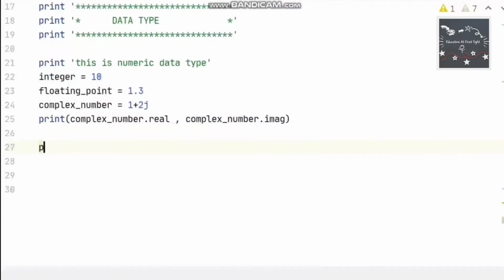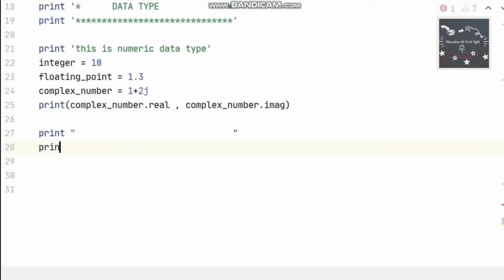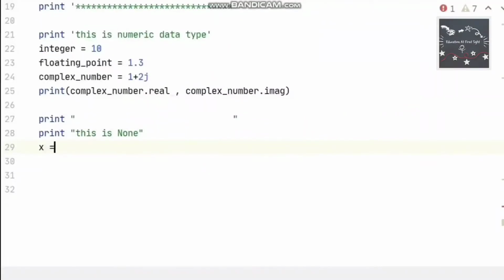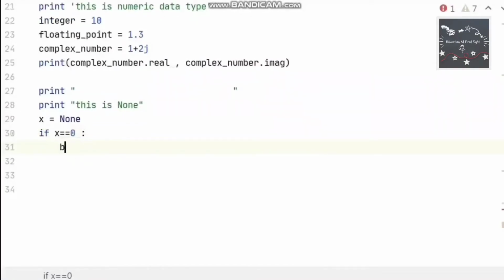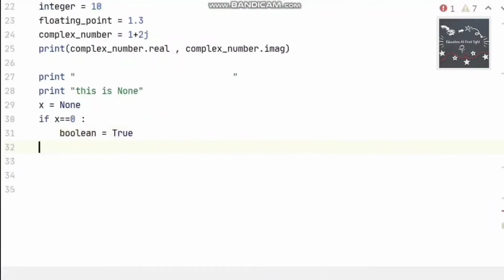So now we will talk about two more data types, None and Boolean. None represents the absence of a value and the Boolean has only two built-in values, True or False. Let's see how we can implement those. Since I don't want to assign any value to my variable x, I am assigning None to x. Also, to check if my variable x, which is None, is equal to 0 or not, I am using a conditional statement called if. If x is equal to 0, then I have assigned True to the variable named boolean.